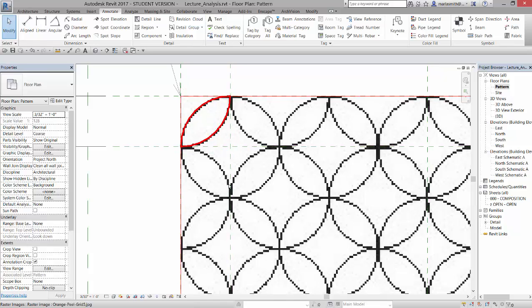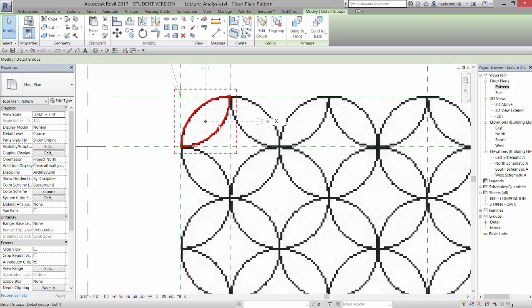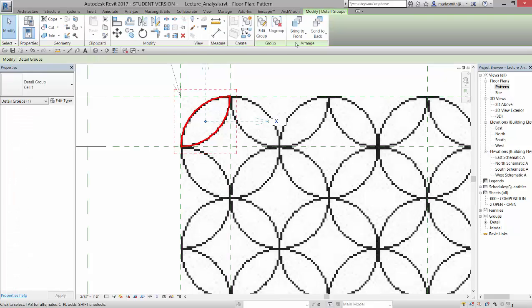We could actually rotate it about that center, but I'm going to use the mirror command because this one over here is actually a mirror of that, so that means that there's a line here that acts as a mirror, and this flips across there, as if you were looking at the mirror from this direction, you would see that. So if I select the cell that I want to mirror, it will give me the contextual tab,